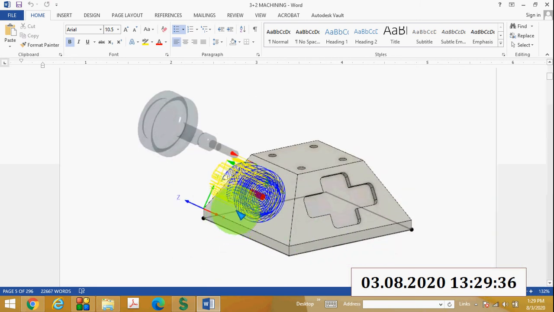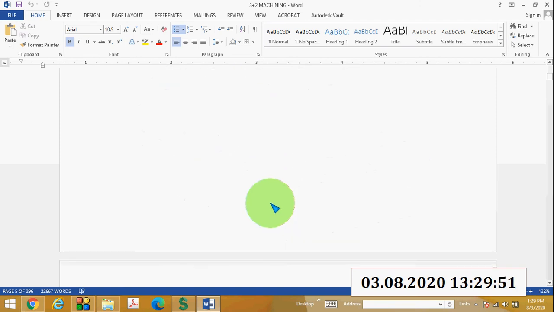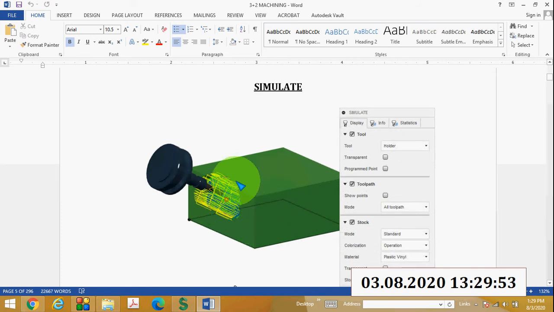Here you can see a red arrow. The red arrow is the starting position of the tool. A green arrow is the end position of the tool, and the blue line represents the cutting. Okay, this blue line represents the cutting. Then if you want to simulate it, simulate means the actual working